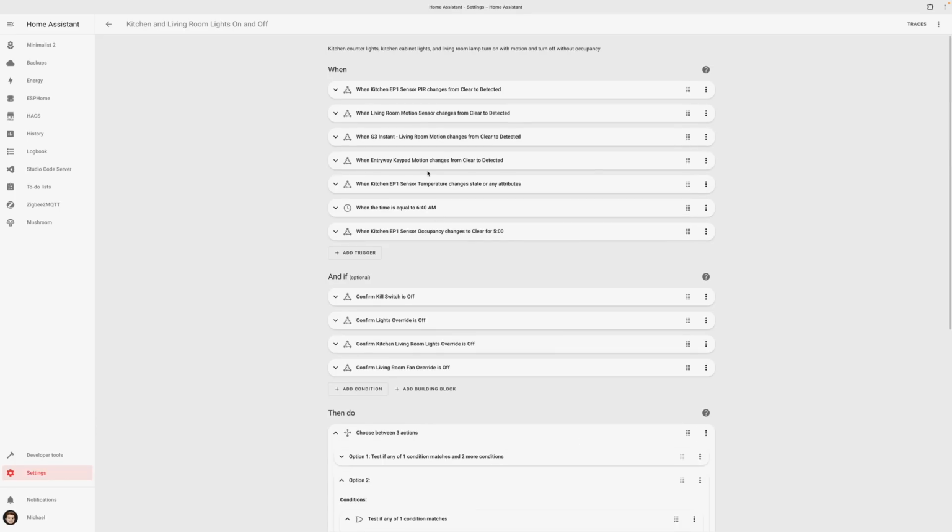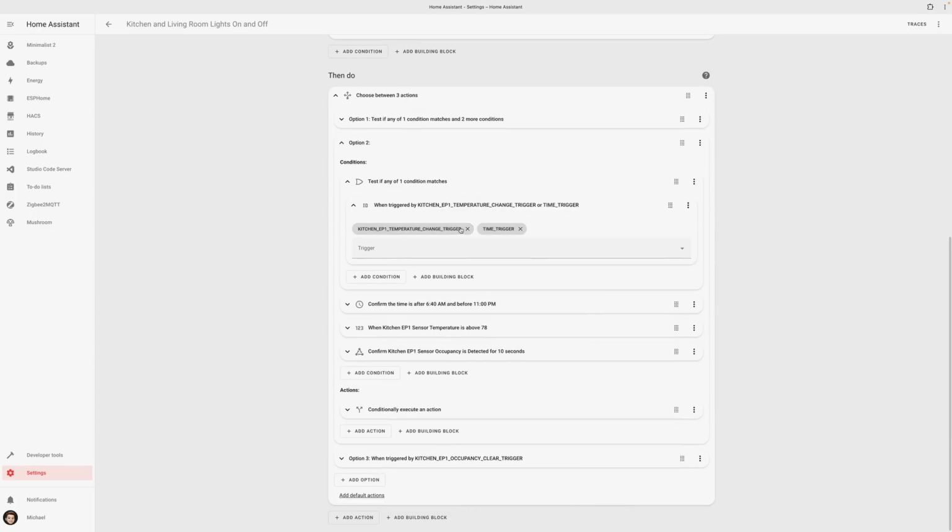Time of day back up here was once the day begins for us at 6:40 a.m. That's when all of us are kind of up and active in that space. Either one of those 2 things can trigger this set of the automation, which is all about turning on the ceiling fan. And I use both of these because I want the ceiling fan to come on if it's over a certain temperature threshold, either when we just enter the room